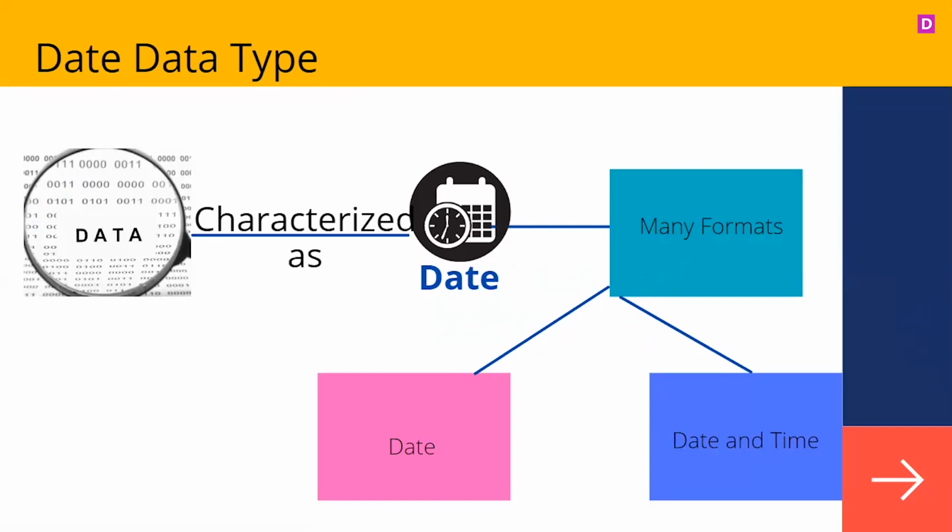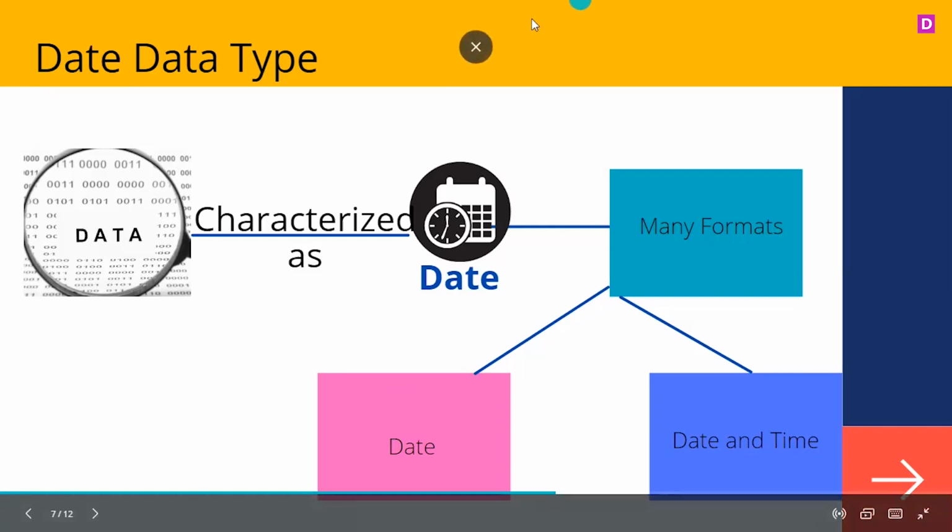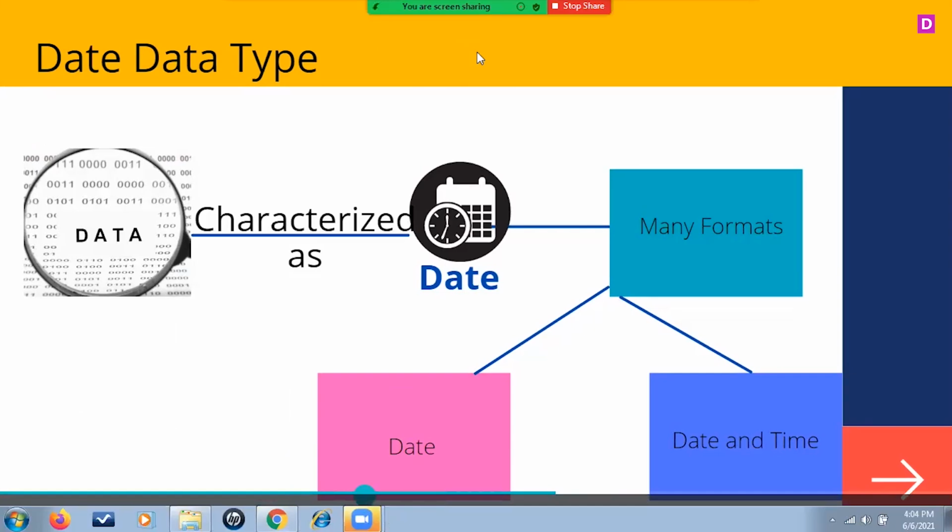Any data which is going to have a value in the format of a date has to be assigned a date and time format. As far as Tableau is concerned, all formats of date and time are accepted. What is the meaning of all formats of date and time being accepted? Let me just share my whiteboard. You can give the date as